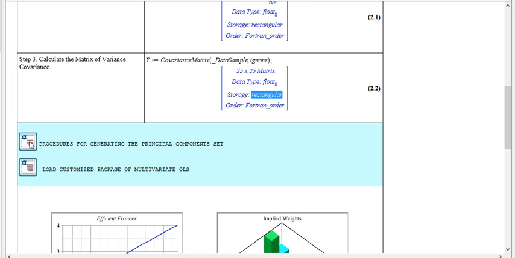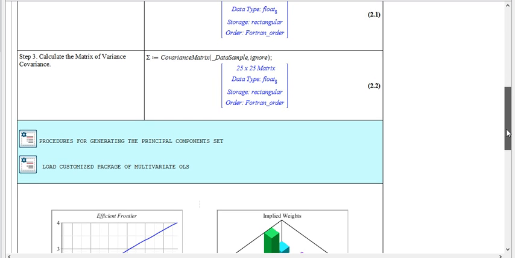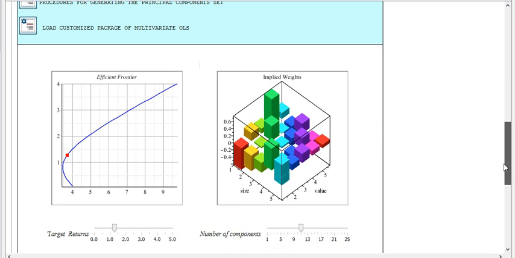We will need to download some procedures for generating the principal components and a customized package for multivariate OLS. We know that Maple already has a package for regression analysis, but as we mentioned in previous chapters, sometimes in order to accommodate our needs and to facilitate our coding, we can develop our own structure. So we put together some commands that fit better our coding needs. So now let's go to the results section